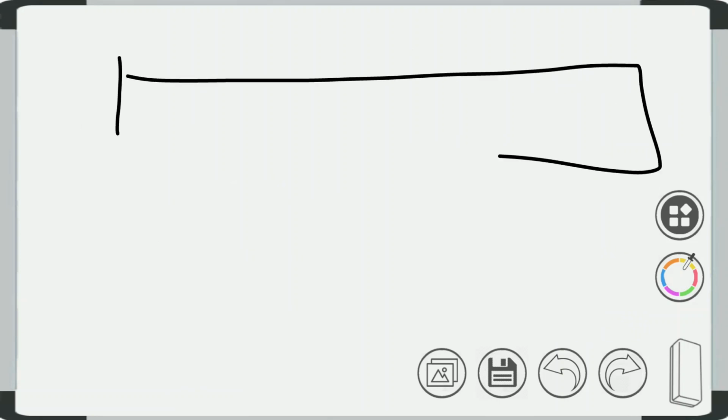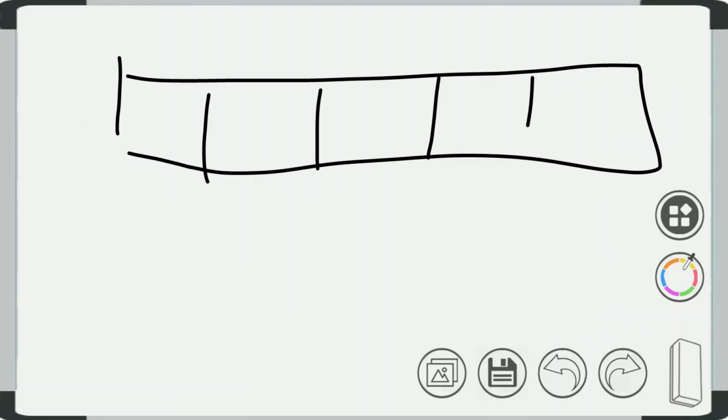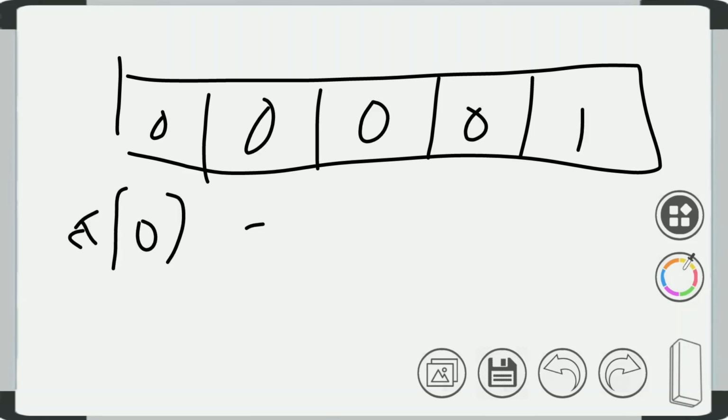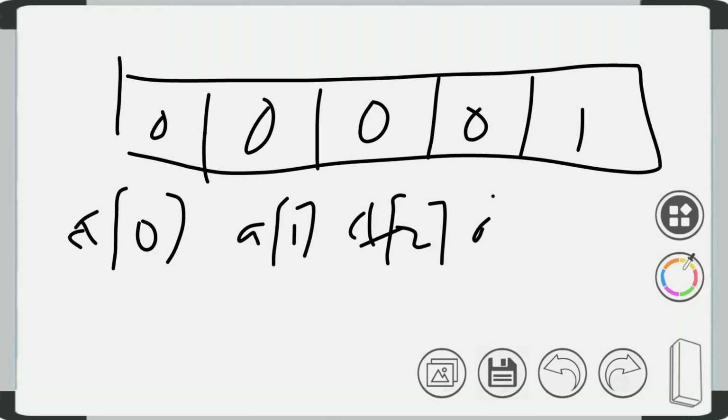That is, it will look like this in the array: 0 0 0 0 1. This is a[0], this is a[1], this is a[2], this is a[3], and this is a[4]. So all these remainders are stored in the array.